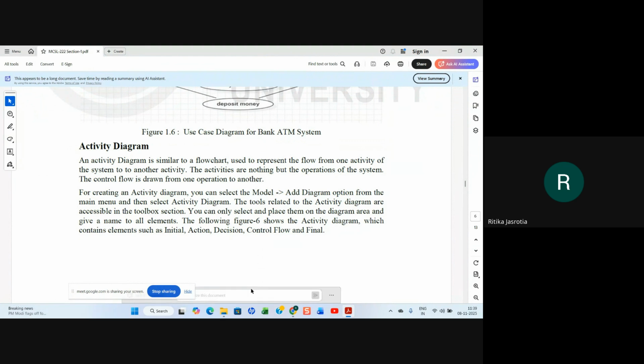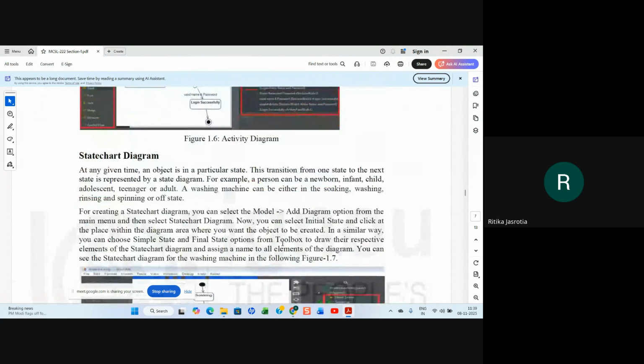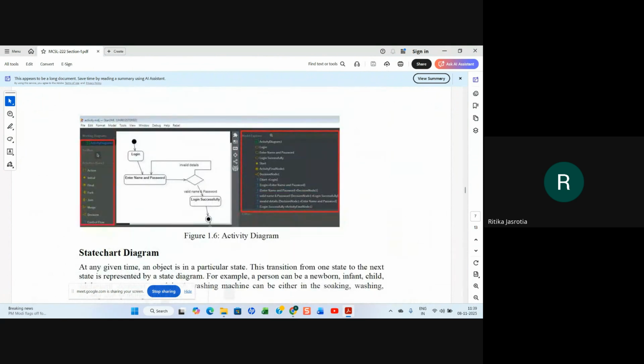So again, the activity diagram is like this. You have a start and an end. A solid filled black circle will be the start, and a hollow circle with a dark filled circle inside will be the stop. Like they are showing here, login process. You login, and you enter the name and password.